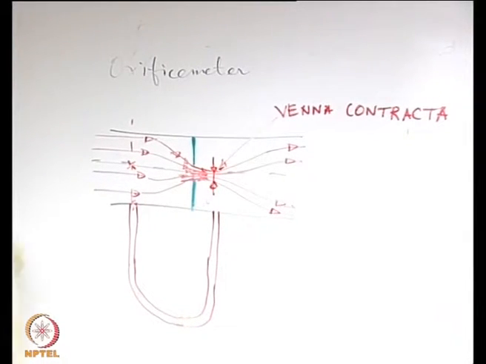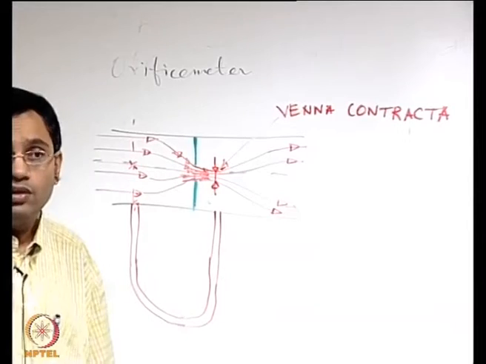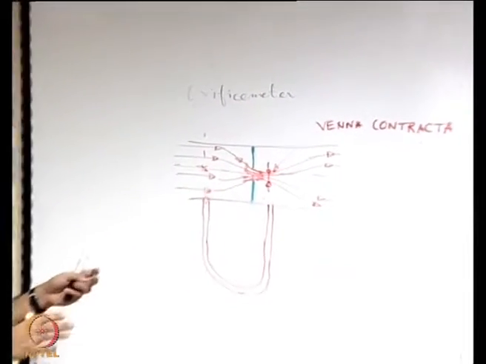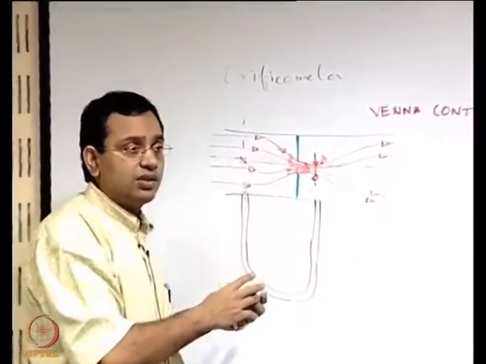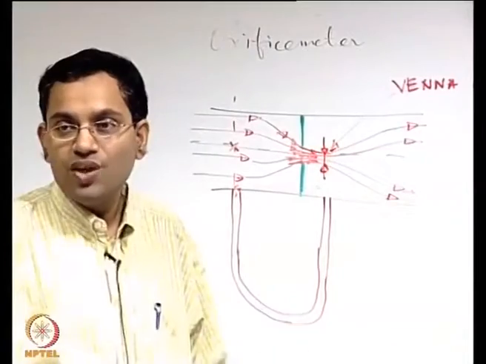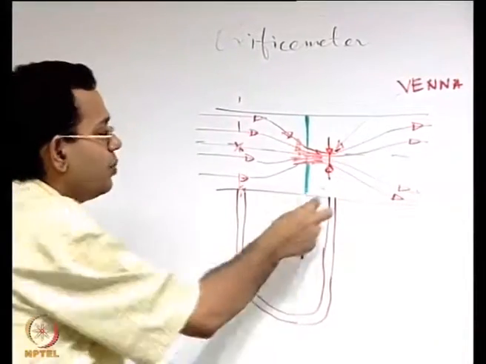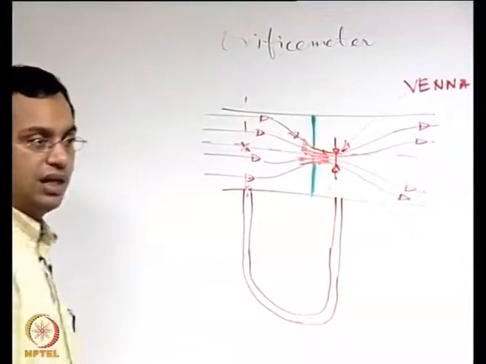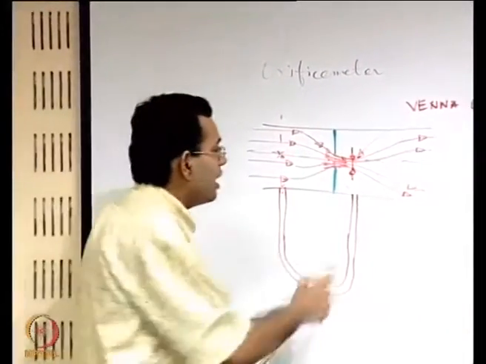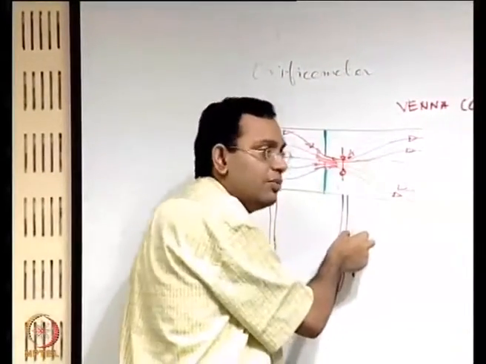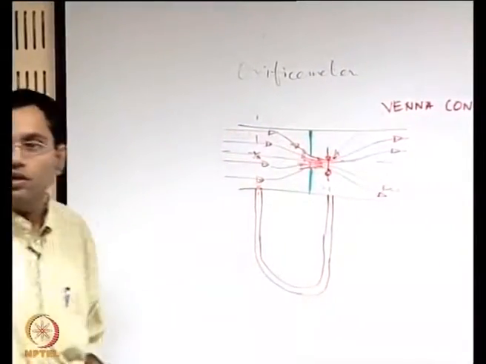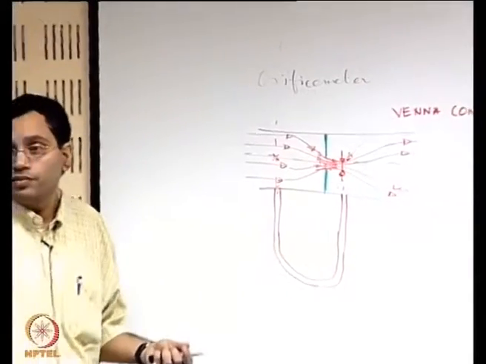Question is, how will you know where the vena contracta is located? One has to do a lot of experiment to figure it out, and it depends on the flow conditions. So, it is not like a universal location where it will always be located. So, it is not that trivial to put the manometer location correctly, that is one of the big errors, because we are assuming that the manometer limb is being put at the section of the vena contracta and we are writing our equations accordingly, but actually it may not be.